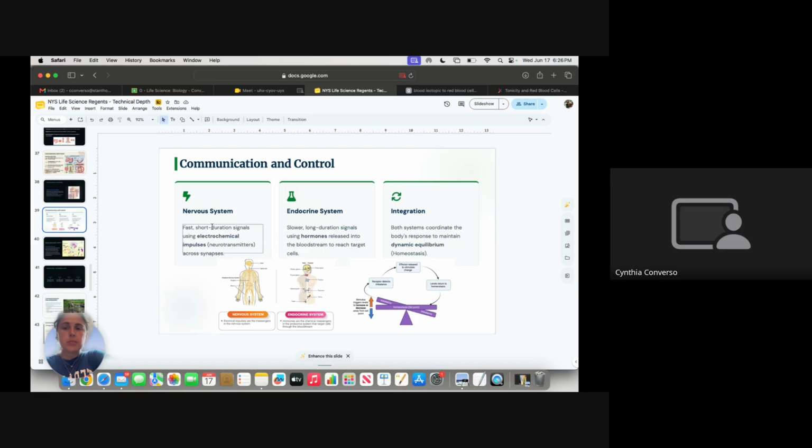So the nervous system is fast, super fast, right? Neurons completely bypass your circulatory system. You have your central nervous system down your center, like I was saying, and your peripheral nervous system. Your periphery is the outside, right? And they communicate super, super quickly. Think about how fast you pull your hand away from touching something that's hot. That signal is super quick to keep you safe. So it's these fast, short duration, quick signals. It uses electrochemical impulses, right? So between inside the neuron,